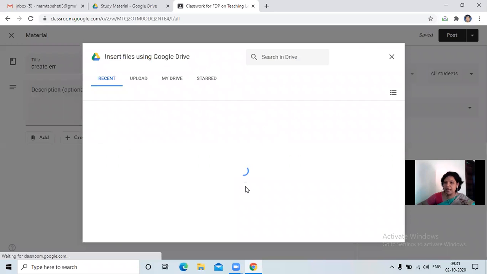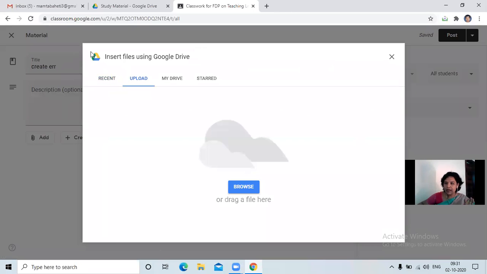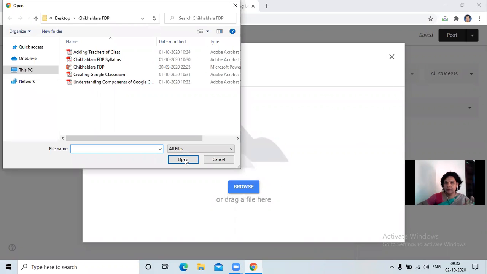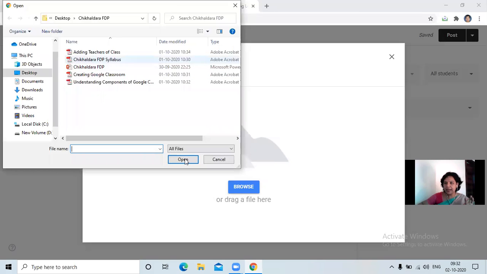In that, by default, it shows either recent or insert files using Google Drive. But we are not interested in Google Drive right now. So we'll click on the upload tab. And from there, we'll click on browse. From browse, we'll try to locate the file where it is placed.